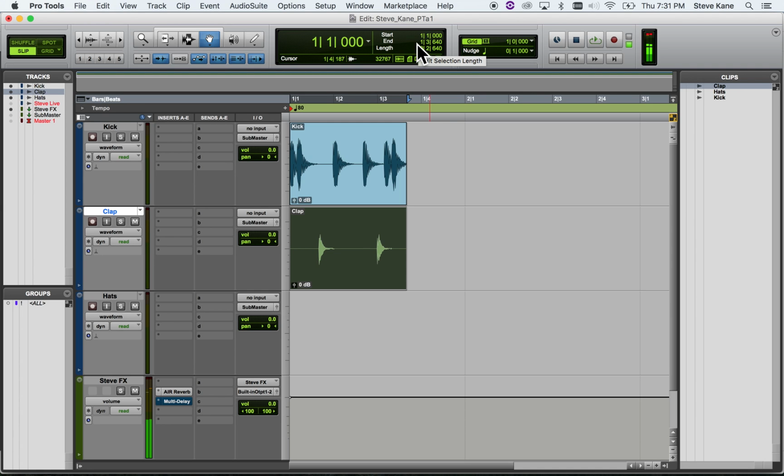This is called the edit event area. See the edit selection length, end, and edit selection area. So you can always double check what you're looking at here. All right, so let's look at spot mode. Spot mode is great when you're